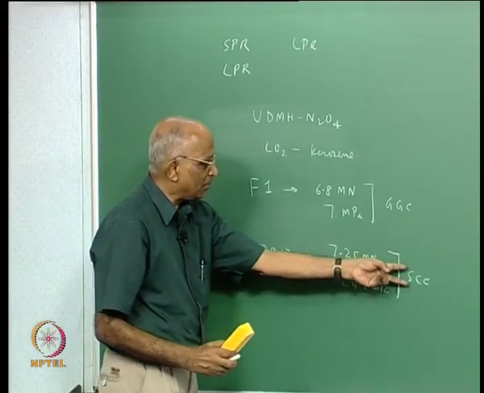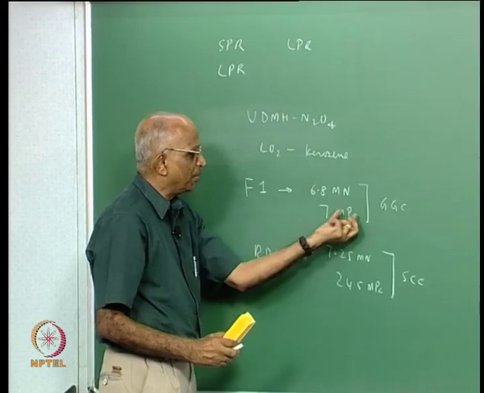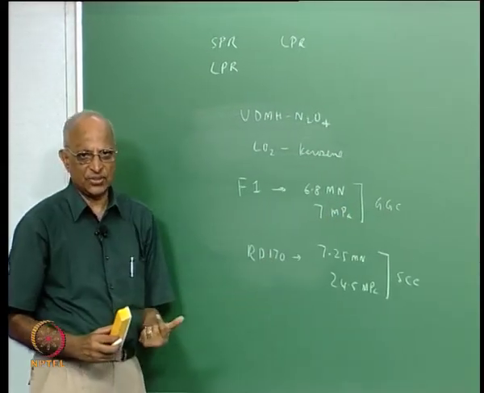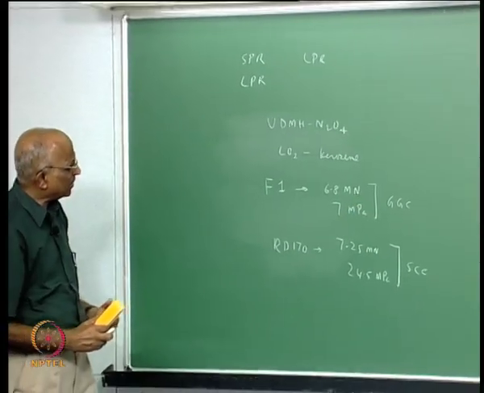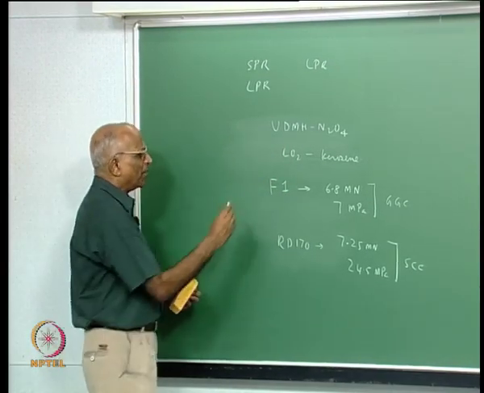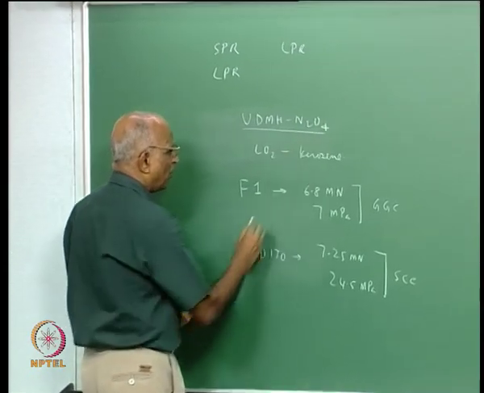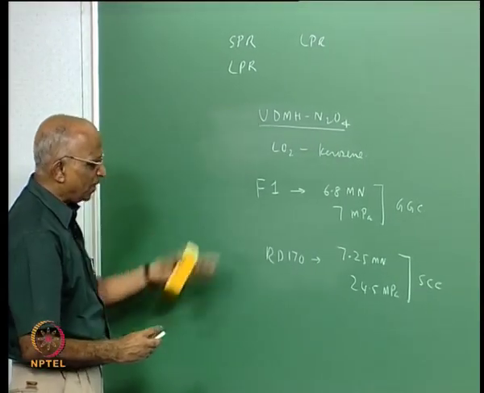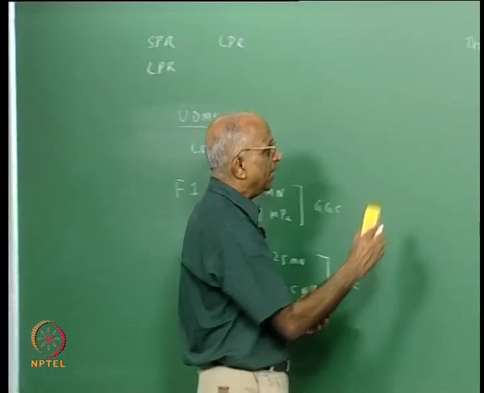One uses the staged combustion cycle, and when you go to lower chamber pressure, you use the gas generator cycle. Maybe some other examples, well, LOX, kerosene, these are the two typical examples. In India we started with UDMH N2O4, and this is what the French used earlier in their Ariane launch vehicles